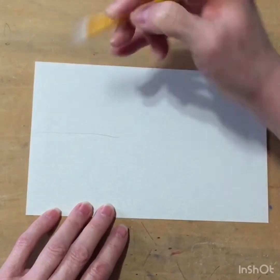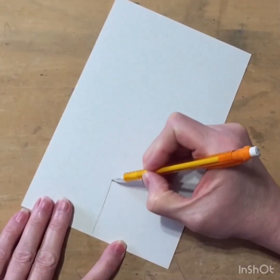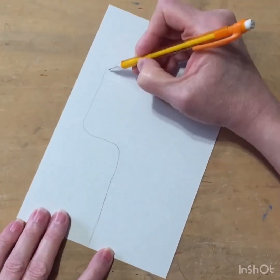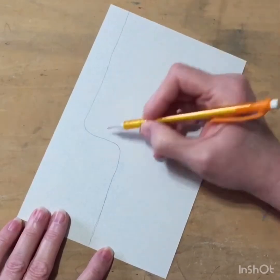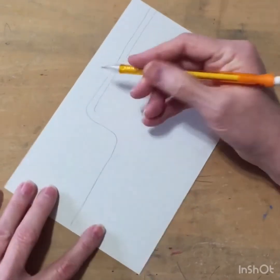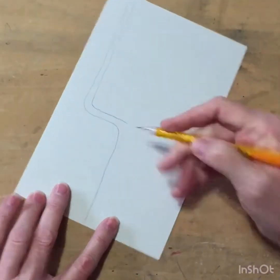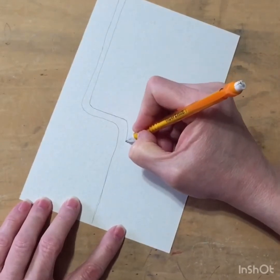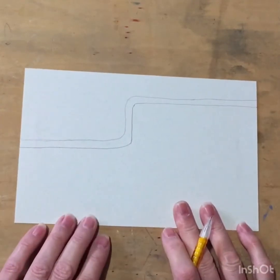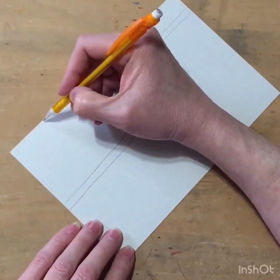It's so much easier if I turn my paper to where I can make it work with my hands. I'm right-handed, so going to the right is easier than trying to do it upside down like I was. So feel free to turn your page around. This is step 1 of tubes. Then you're going to come in and do